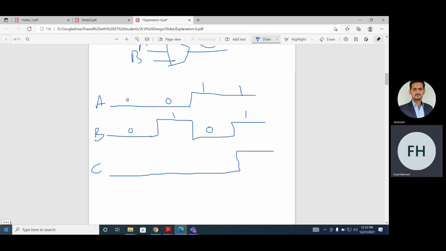In the functional simulation, it does not consider any delay. So let's assume that at this time instant, the input is changed from logical 0 to logical 1, and the output is changed instantaneously. The output is changed instantly, and actually, will this output change instantaneously in real time? No. Actually, there will be some delay of the gate.